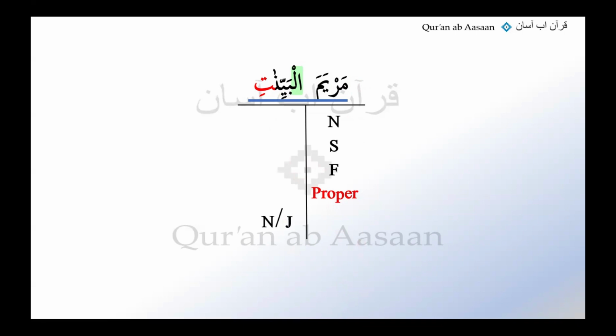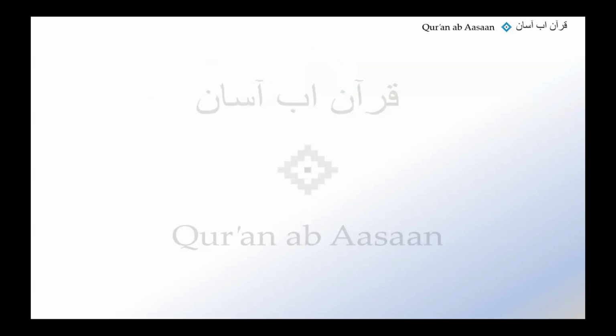Okay, this is Nasb, that's fine, but this is a proper noun. So this should be colored how? Like this. And the instant we see this, for a second, we were looking for the colored noun in jar. The moment we look back and we see another colored noun, another proper noun, or a common noun, that means it's definitely not Murakkab Idafi. We are going to take the line off. We're not going to draw it in the first place. This is not our Murakkab Idafi. Clear about it? Alhamdulillah, okay. Now it seems that along with the scientists of words, we were just doing the dissections before. Now we are sort of becoming some kind of detectives as well, yeah.